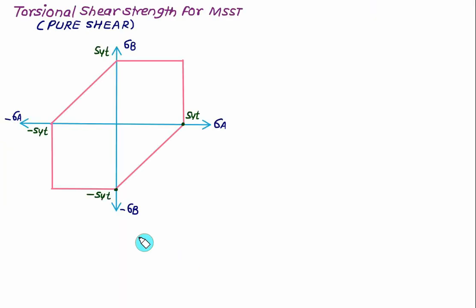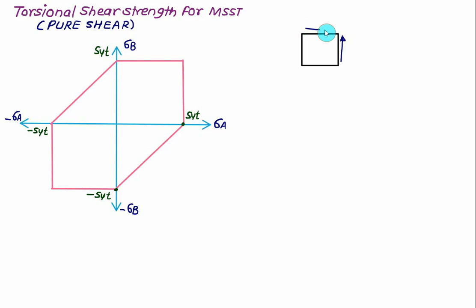One additional concept we want to develop in the case of maximum shear stress theory is the torsional shear strength, and we want to show here the value of the pure shear on this graph. In the case of pure shear, no normal stress is acting on the machine part, only shear stress will act. So if we have a state of stress that purely consists of shear acting,